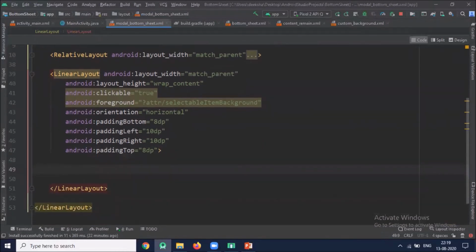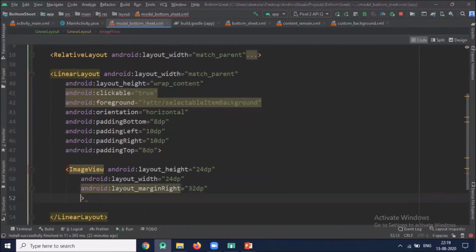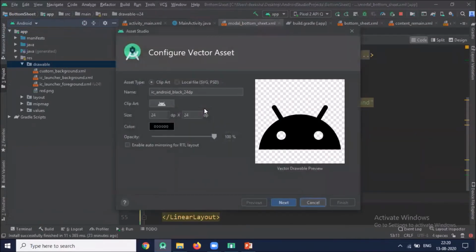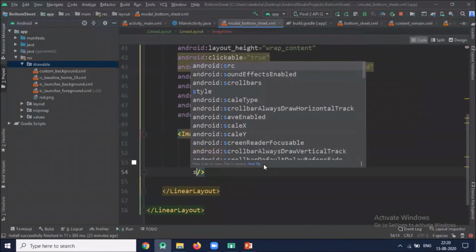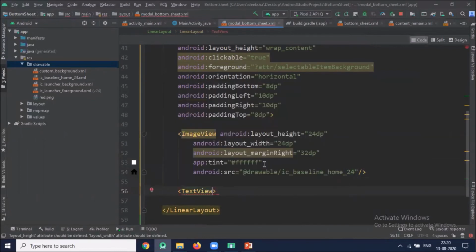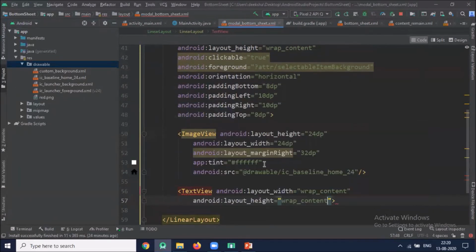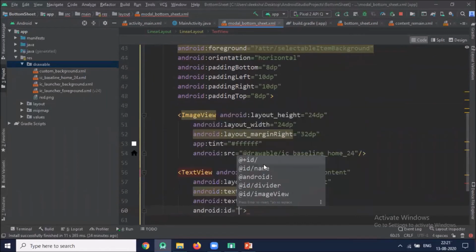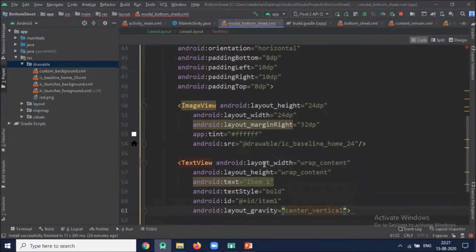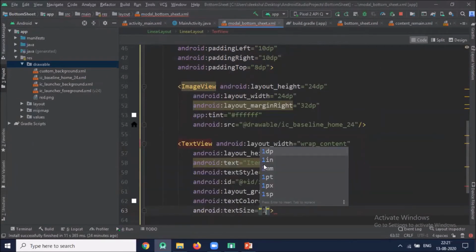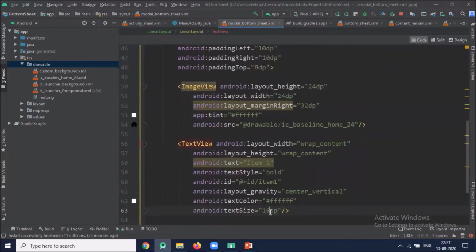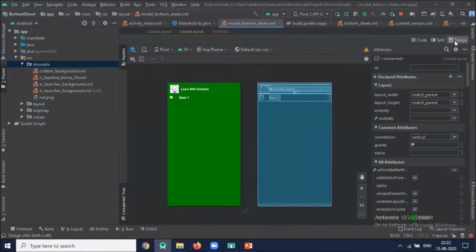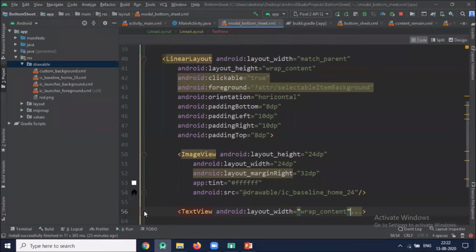And inside this linear layout, we add one image view and text view. Now we create one vector in drawable folder. Similarly, we add other items.